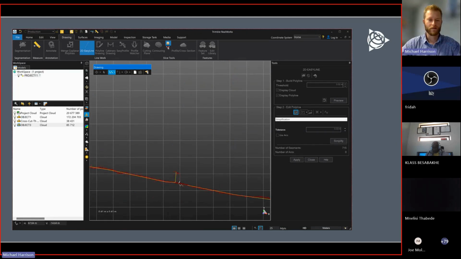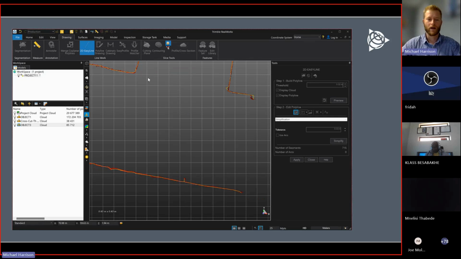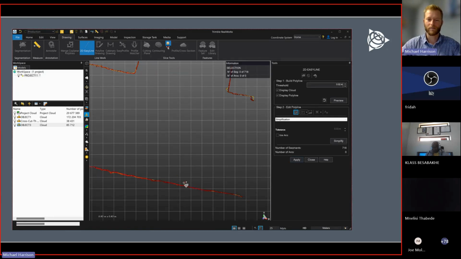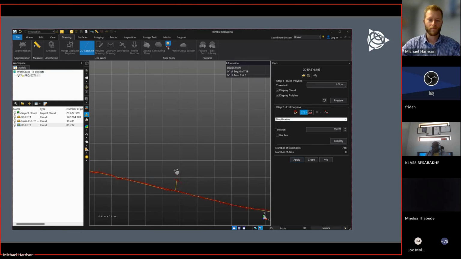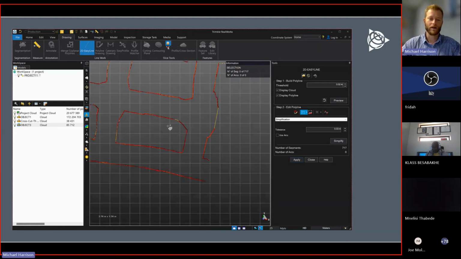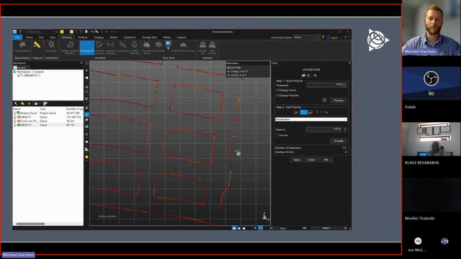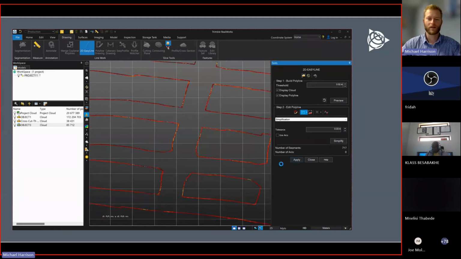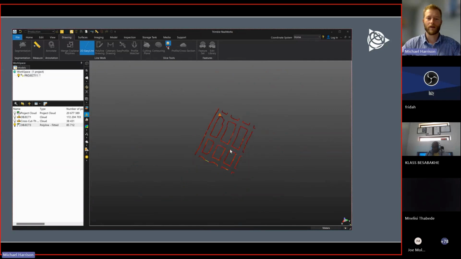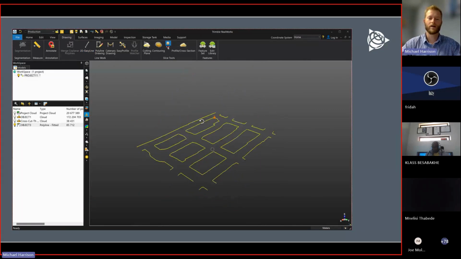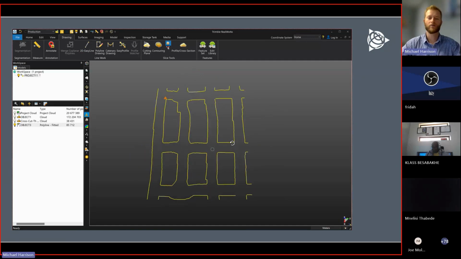Here I'm just going to fill in this little hole. And now I'm going to highlight that little line that's sticking up there. All you have to do is fence it like that, and any line that is in that fence will be highlighted in red and can be removed. Now I'm thinking that's good enough, and I'm applying it. So I've created it. There is my 2D line drawing